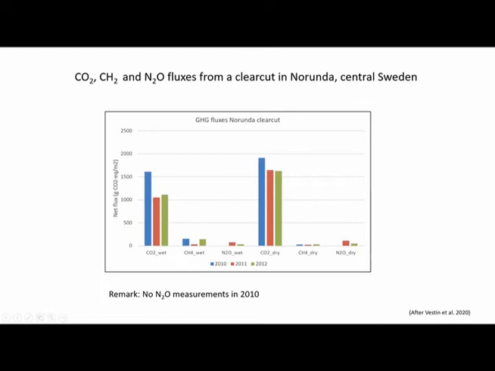For the drier plots, we got higher CO2 emissions, which we also expected. We have more oxygen in the soil and more decomposition. And here the methane emissions were lower than on the wet plots, also what we could expect. But N2O emissions were, on the other hand, a little bit higher. So we can see that we do get emissions from other greenhouse gases also, but they are not very large as compared to the CO2 emissions, but they go in the same direction.